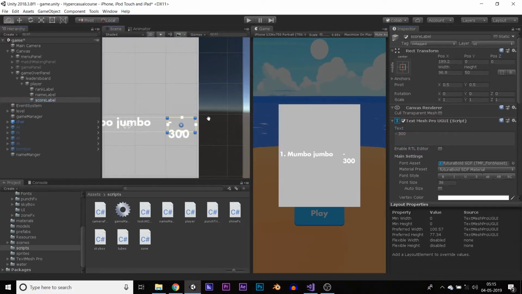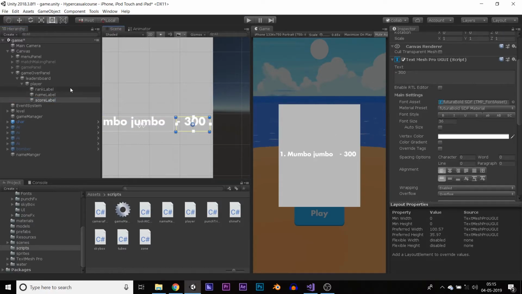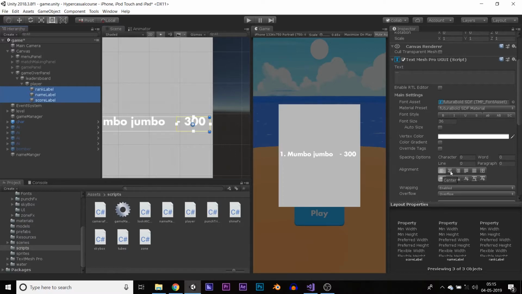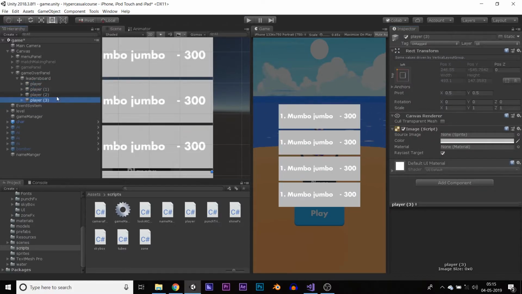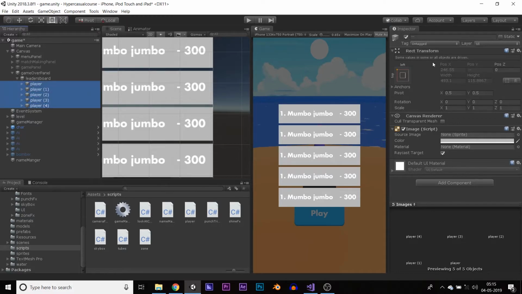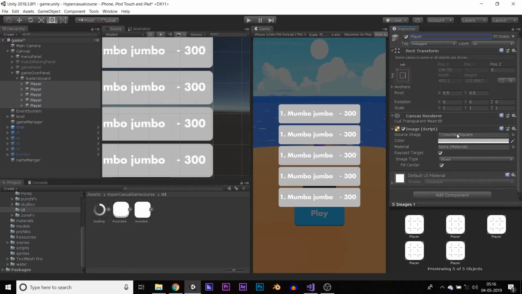Now let's select this and scale it down a bit and do it like this. Then select all the labels and change the alignment to center. Next, let's create duplicates, so duplicate it 4 more times and change the name to player. Then go to UI and drag and drop our rounded UI image over here like this,